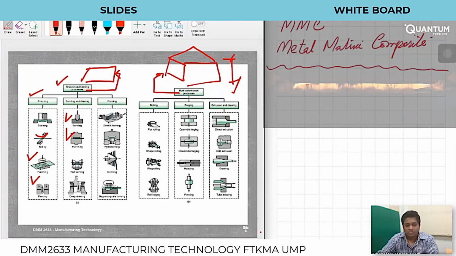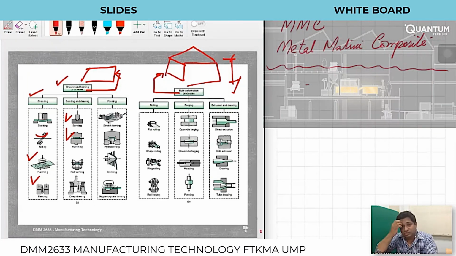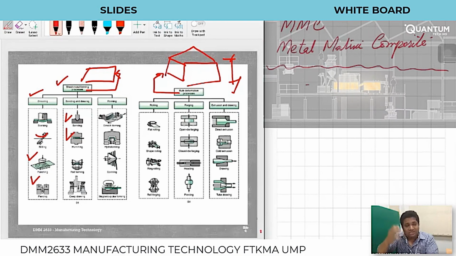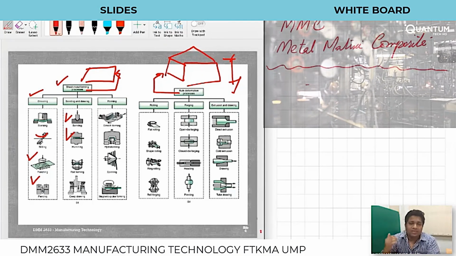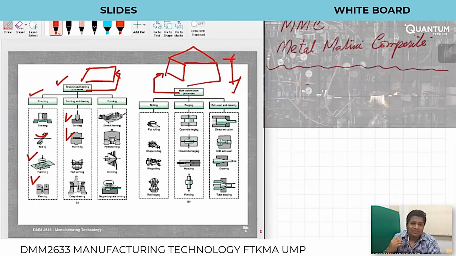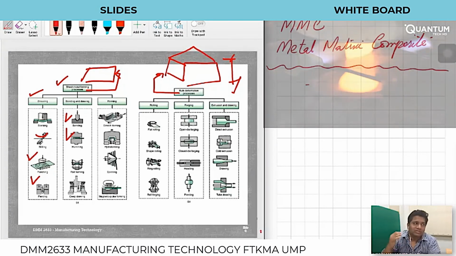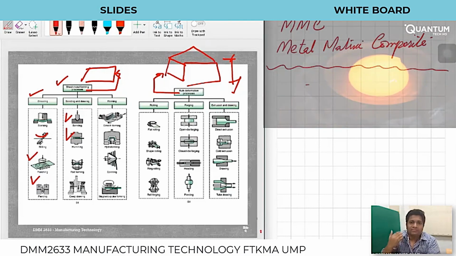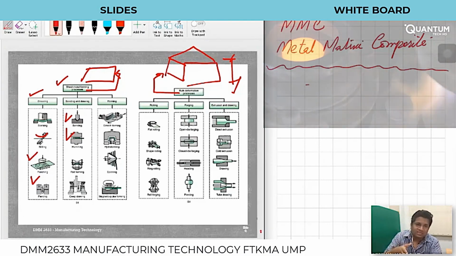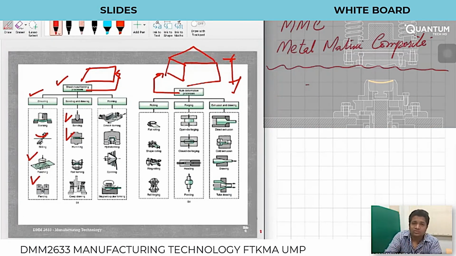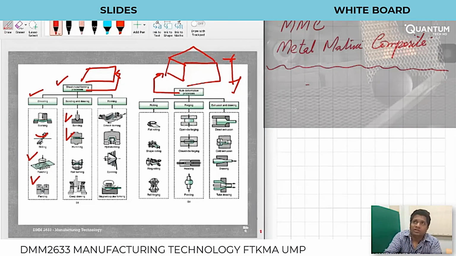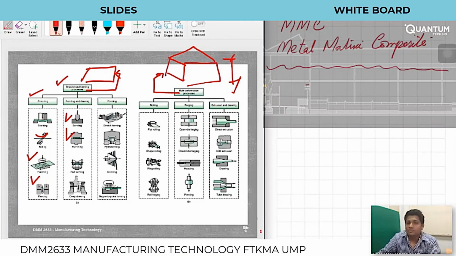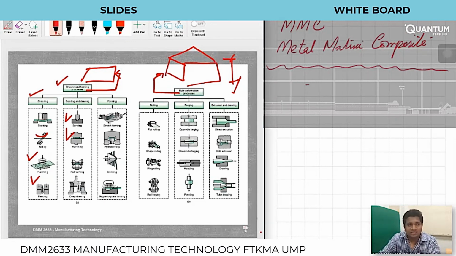So I'm going to put a lot of videos for you guys to understand these process, to know how this process looks like. In the next class, I will put a lot of videos also so that you guys know what is shearing operation, what is bending operation, how do we carry this operation. It is through videos, real life videos, or what you call real application videos, through which you will be able to learn more easily.